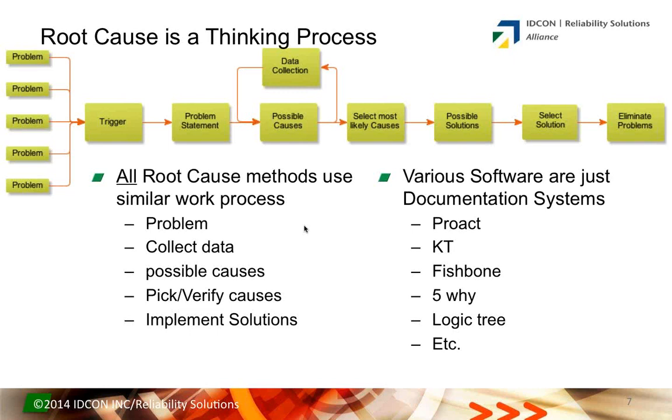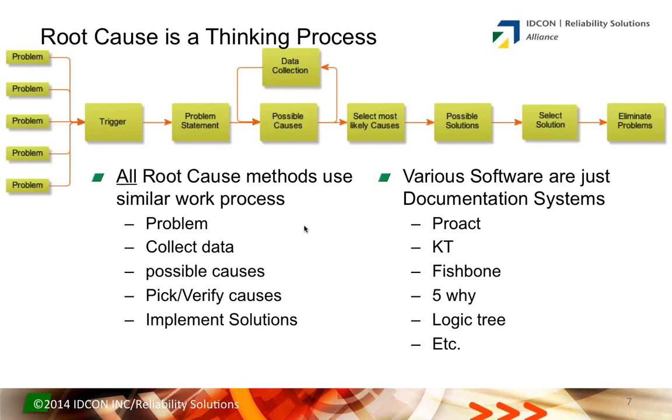Go out, collect some data, gather some information, some facts and some evidence. List your possible causes, okay? List the possible causes. Then through a process of elimination, reduce that list of possible causes to a small selection. Then perhaps go out and gather more data, verify the one you think is the issue, and then implement the solutions. A lot of times we tend to state the problem, collect the data, and we seem to get fixated on one particular cause and not broaden our minds, and that leads to